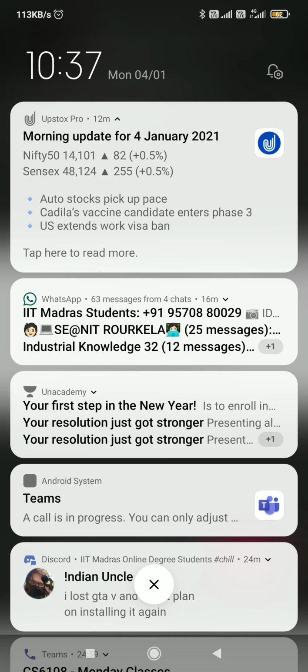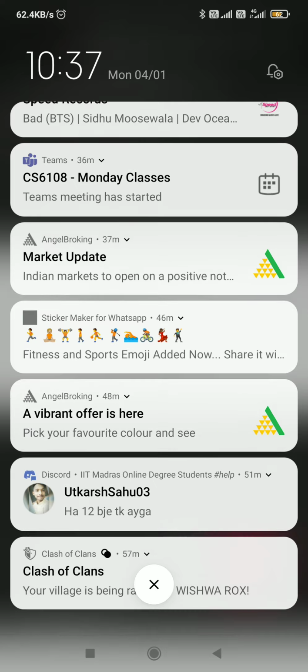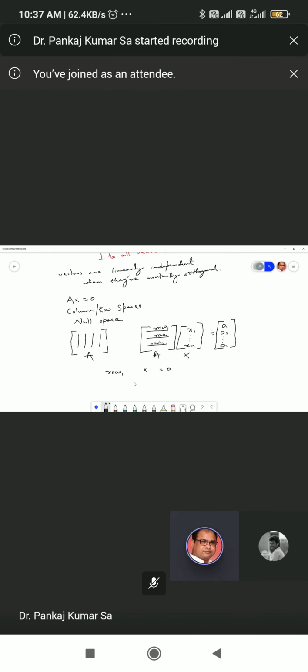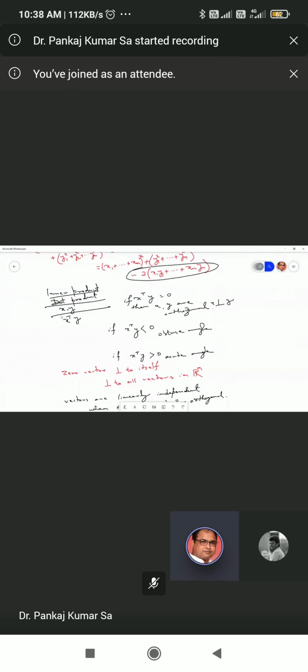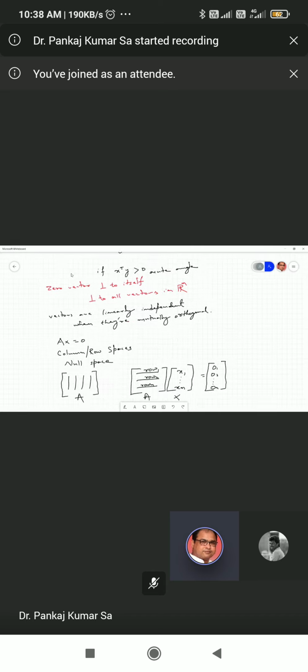Row 1 dot x, row 1 times x equal to 0. So this row 1 vector and x vector, they are also perpendicular, right? Inner product. So